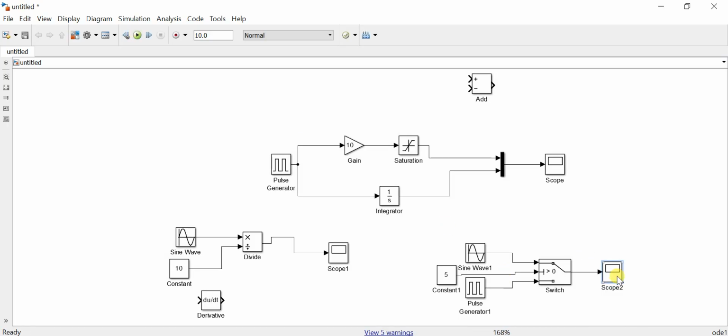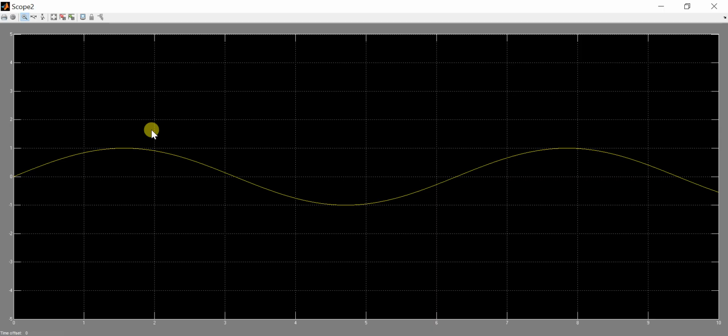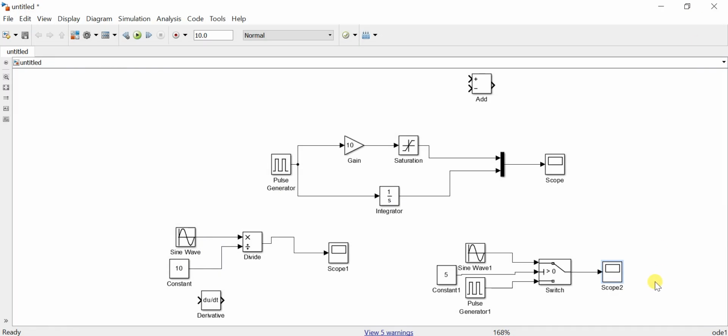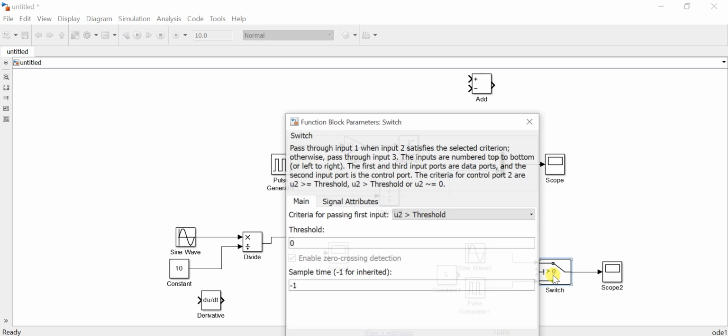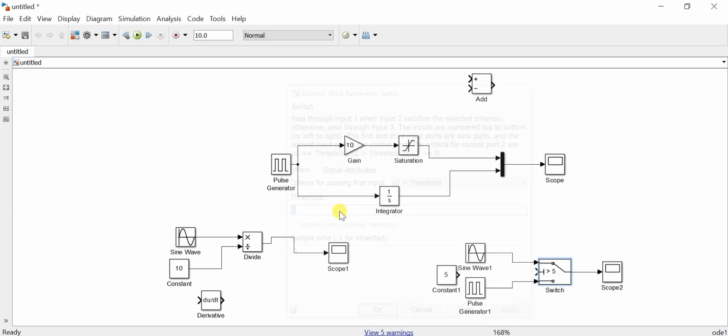When you run it, you can see here that the waveform is only sinusoidal. So the threshold is not maintained. You have to give the threshold value 5 whenever this signal